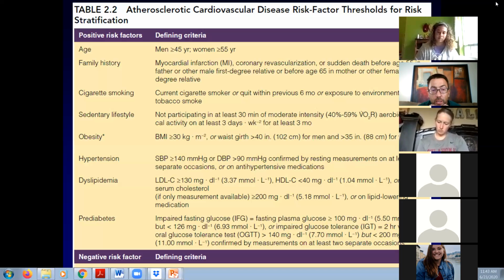So let's just say that I've got a person and they have one risk factor, right? Maybe they're a cigarette smoker. They've got one risk factor. They have none others. They're considered low risk. If a person is low risk, then we will judge that it is safe to have them do any kind of exercising at any intensity, any kind of exercise testing at any intensity can be performed safely. Okay, you could do a VO2 max test on them. You can do a 1-rep max test on them. Any and all of that stuff can be done. Okay, you do not need physician's clearance.